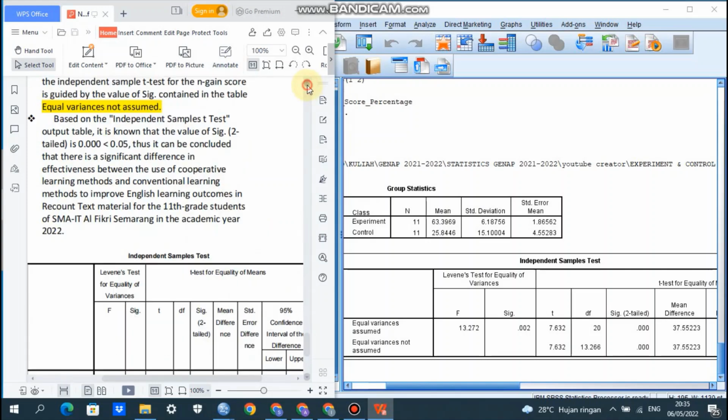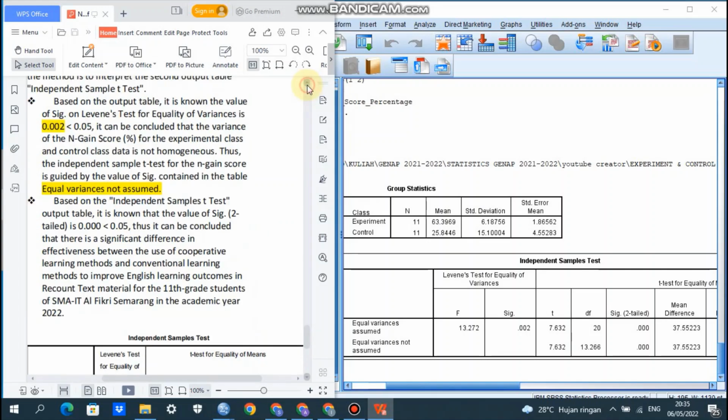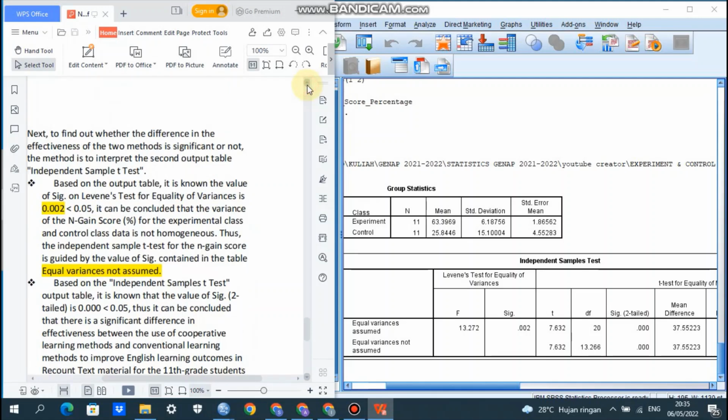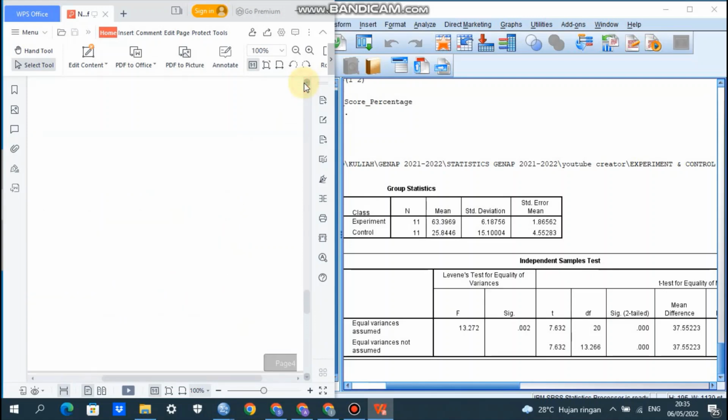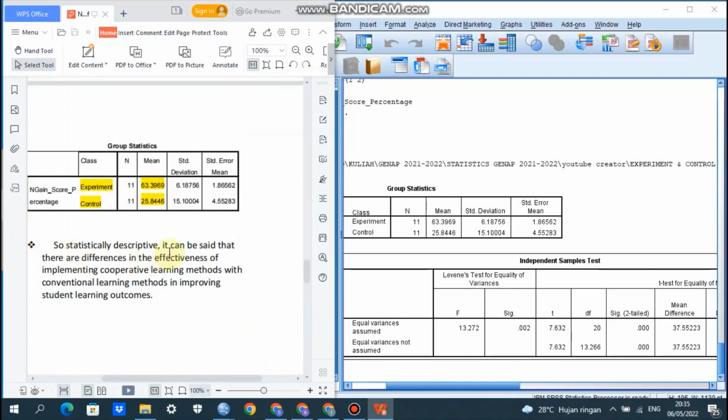To find out the effectiveness for the independent sample t-test, of course we can use the N-gain score. Don't forget the first step to find normality.